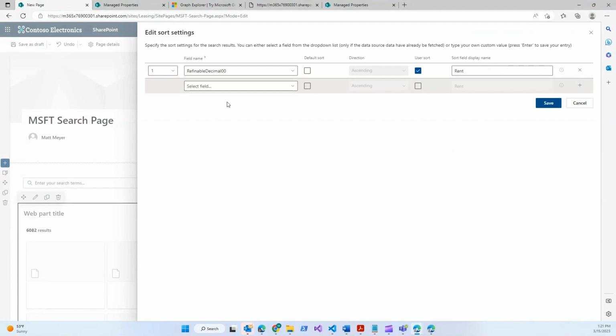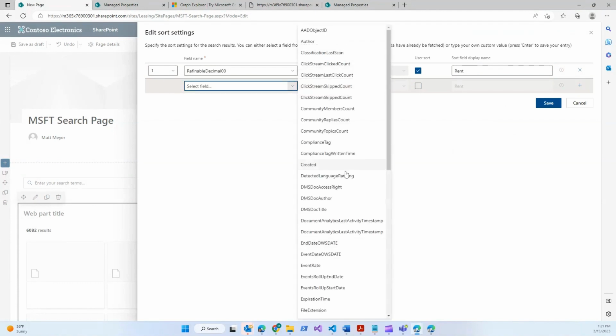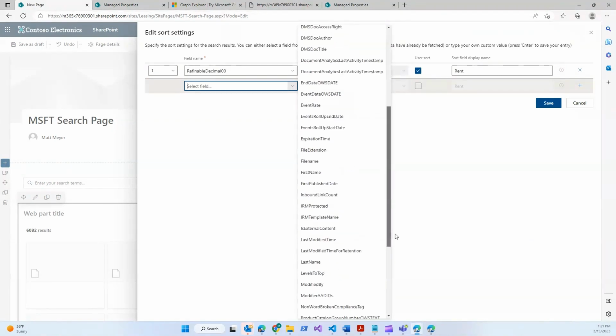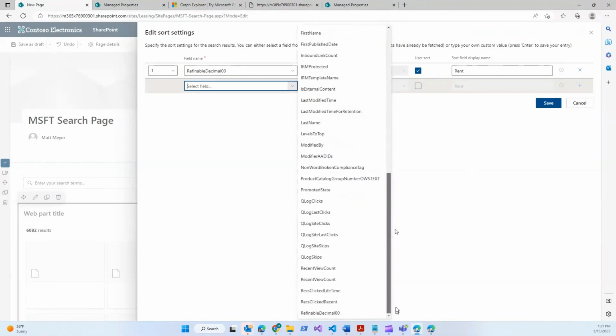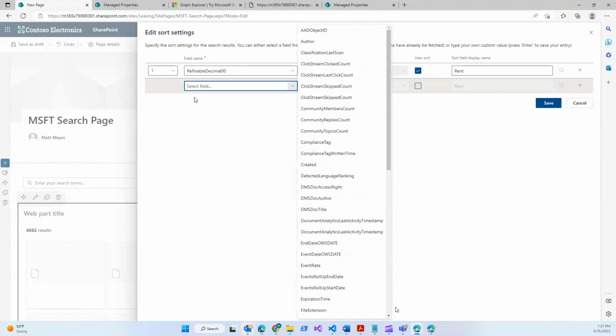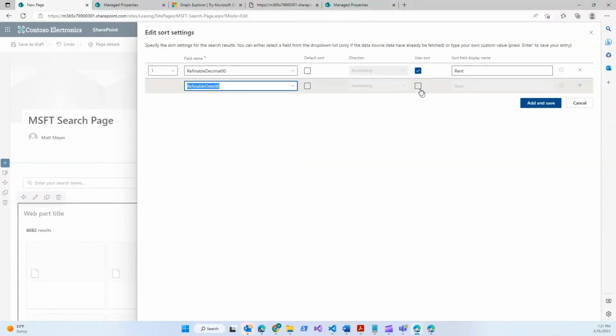You can see we have some of this stuff that's available, but our refinable stuff is not available except for my refinable decimal that I put in. So let's grab our refinable date. We'll put that guy in here, right there. Again, I hit enter, and this is going to be a user sort. We're going to call this one effective